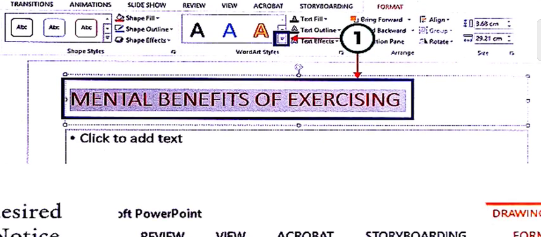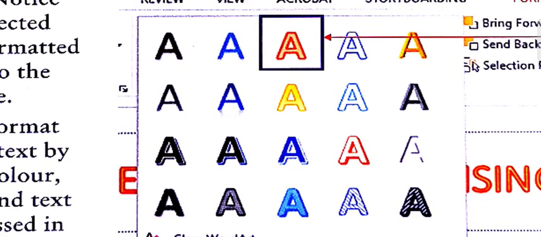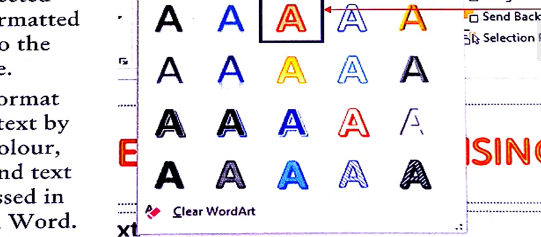Here you can see the different types of WordArt styles suggested, and you can choose the desired text style for your PowerPoint presentation.